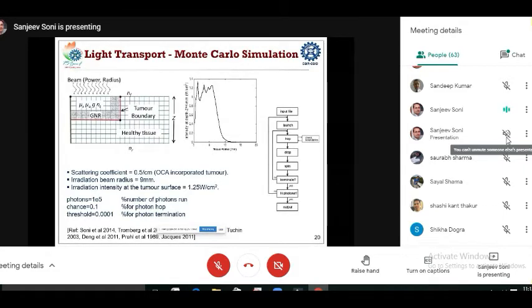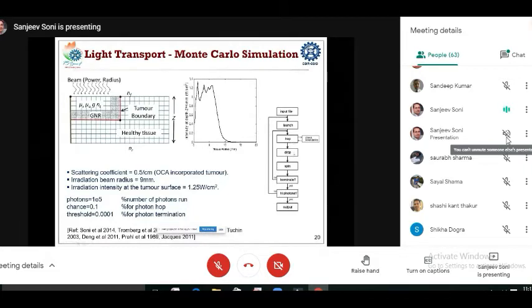So this light transport within either plain tissue or nanoparticle embedded tissue can be modeled through the Monte Carlo approach. On the right hand side, we have this algorithm, which is available in the standard books. Here what we do is that we launch photons. Light has a dual character, wave as well as particle nature. Here we use the particle nature. So we are launching photons one by one into the tissue itself, and we check whether that photon is within the boundaries.